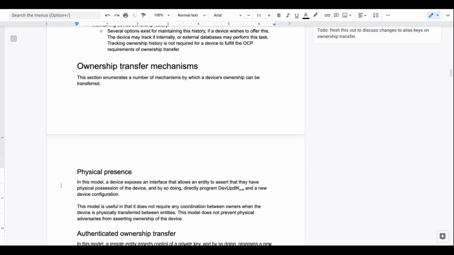From a device perspective, this probably needs to be optional because there are certainly markets and products where that statement cannot be true. This statement here? Yeah. There are markets where you have to prevent the person physically in possession of the device from transferring ownership in the way that you've defined it here. Sure. Yes. You're just enumerating the types of mechanisms, right? Not mandating that they support them all. Yeah, okay. That's what I understood too.